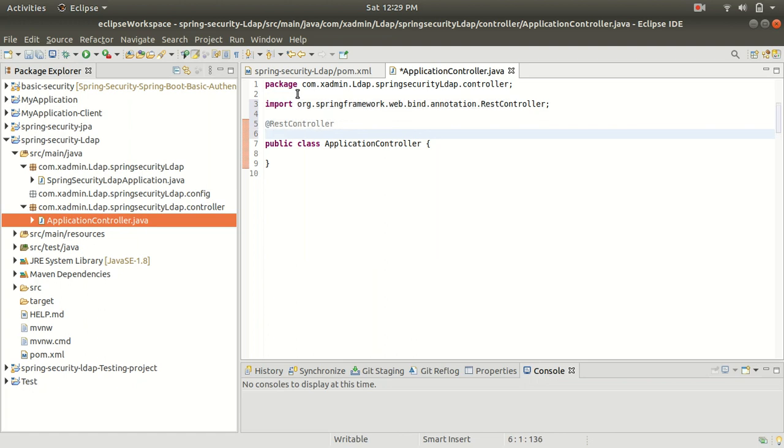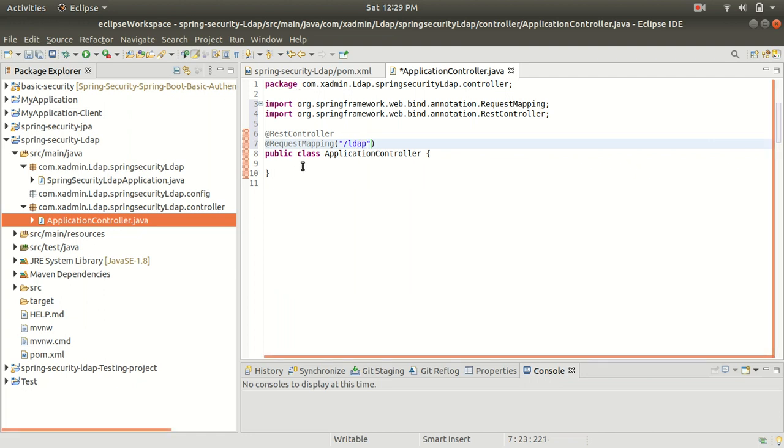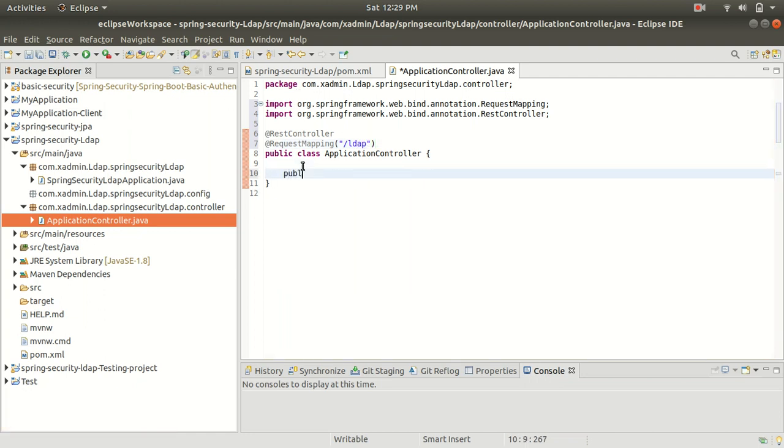Now add a request mapping to map the URL. Request mapping to add the URL. So guys, I am going to add the URL like LDAP. All right, and now guys I'm going to create one method. The return type will be string, and let's keep the method name as security